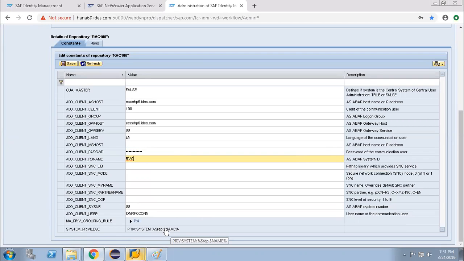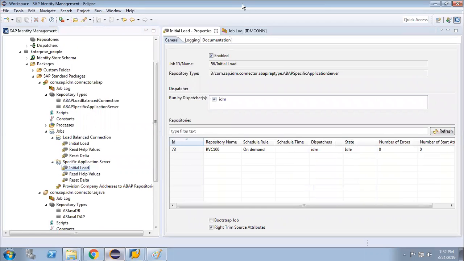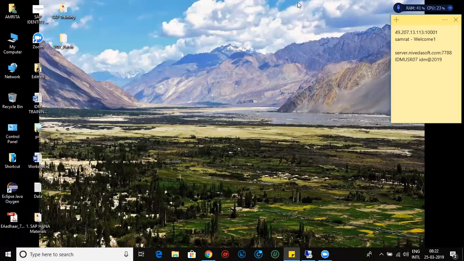System role. Hello. Sorry, Samrat, it got disconnected. Hello, can you hear me? It got disconnected, now it's reconnected. Yeah, I can hear you.